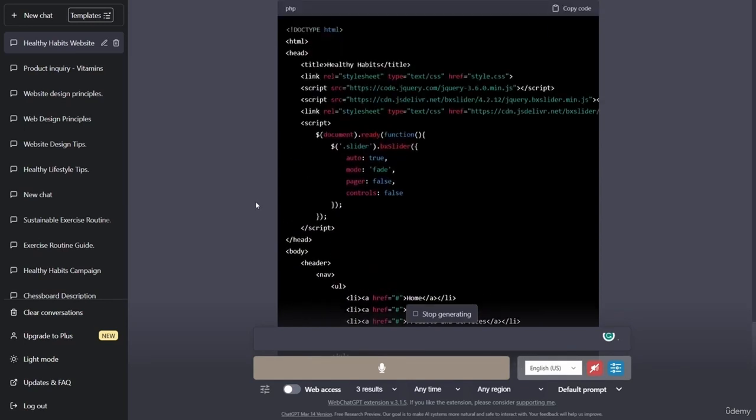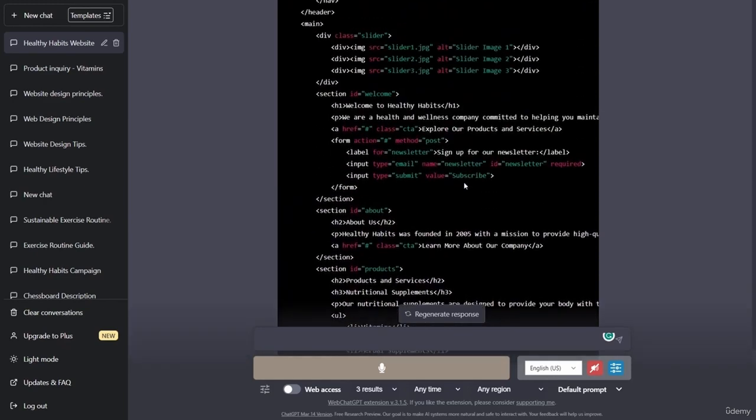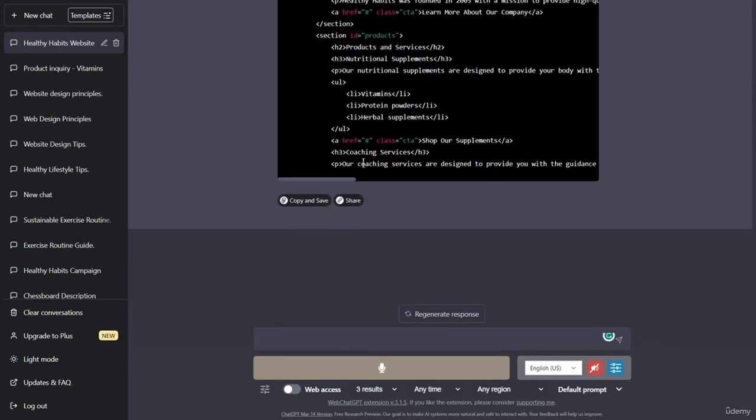And another thing that we're going to want to do is remember to tell ChatGPT to keep our files separate, because as you can see, if we don't request that files are kept separately, ChatGPT will offer the script inside of the HTML. And by doing that, we run into issues with, at times, ChatGPT cutting off